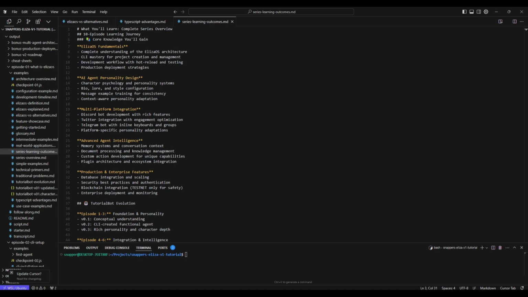TutorialBot, which is what we've named the AI agent for this tutorial, will evolve from a concept to a character with real personality by the end of the series. Those first 3 episodes will really explore that foundational setup, which will also include TutorialBot being deployed. Episodes 4 to 6 will focus on integration and intelligence, so we'll deploy TutorialBot across Discord, Twitter and Telegram. We'll implement memory systems, so TutorialBot remembers conversations and learns from documents, and we'll set up production databases for real-world